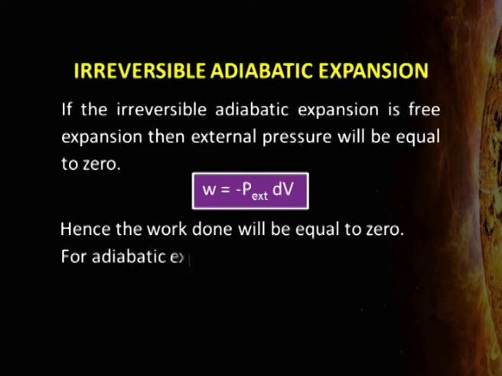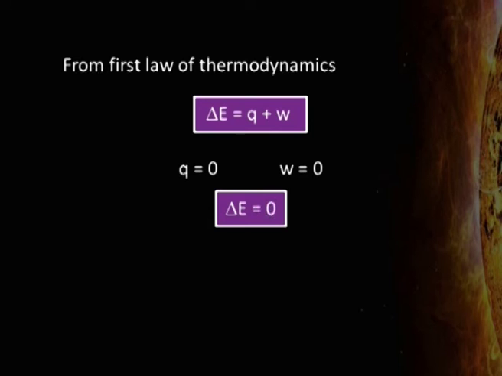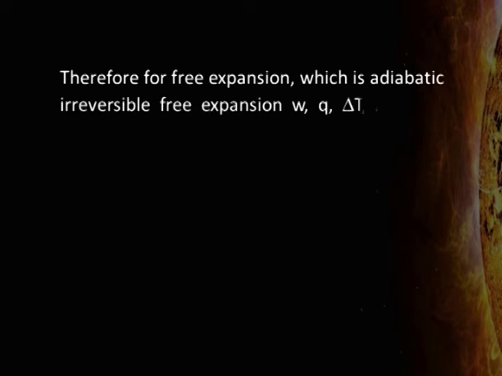As you know that for adiabatic expansion, Q is equal to 0 and from the first law of thermodynamics, delta E is equal to Q plus W. Here Q is 0 and W is also equal to 0, hence delta E will also be equal to 0. As delta H is equal to delta E plus work done, hence delta H will also be equal to 0. Therefore, for free expansion, which is adiabatic irreversible free expansion, W, Q, delta T, delta H and delta E are equal